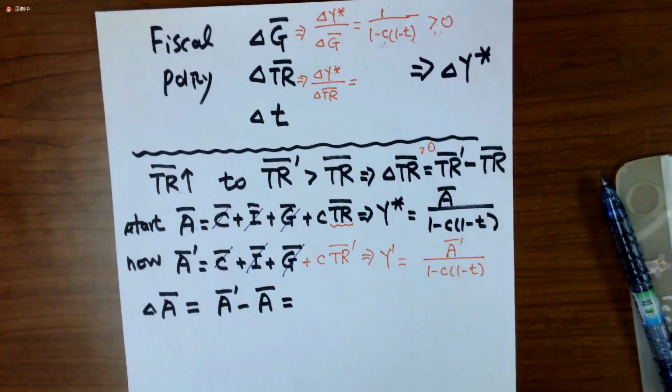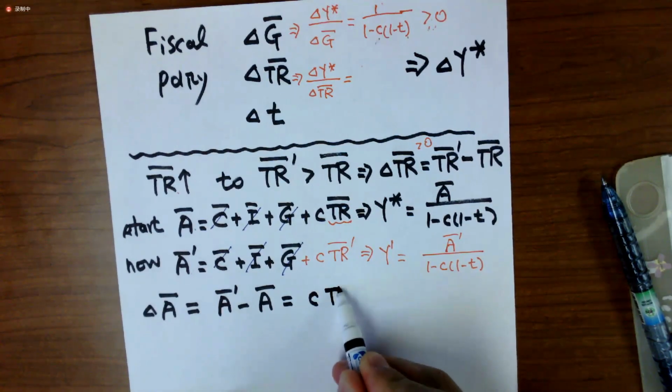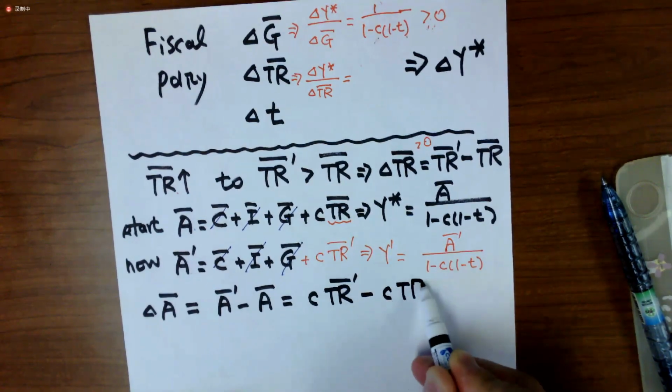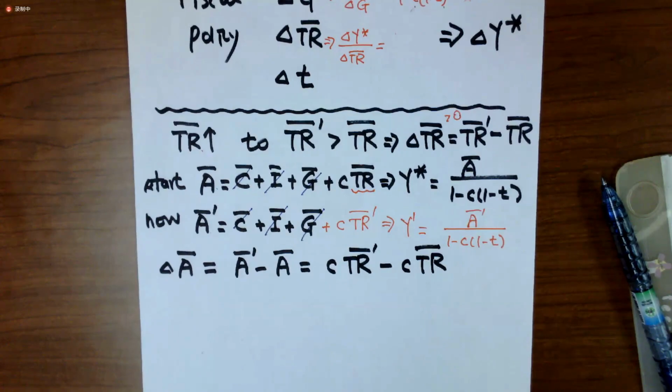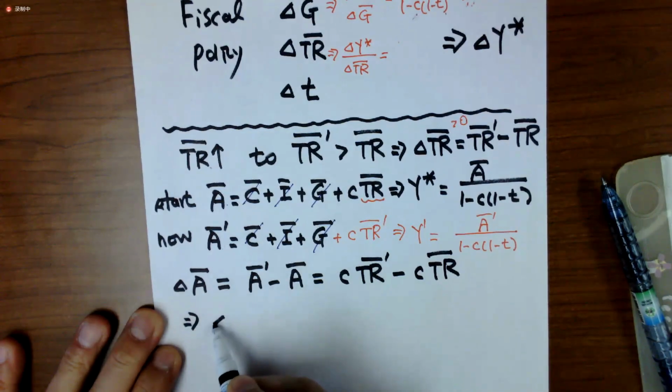You say, oh, Professor, it is nothing but C times TR bar prime minus C times TR bar. So therefore, change in A bar is equal to